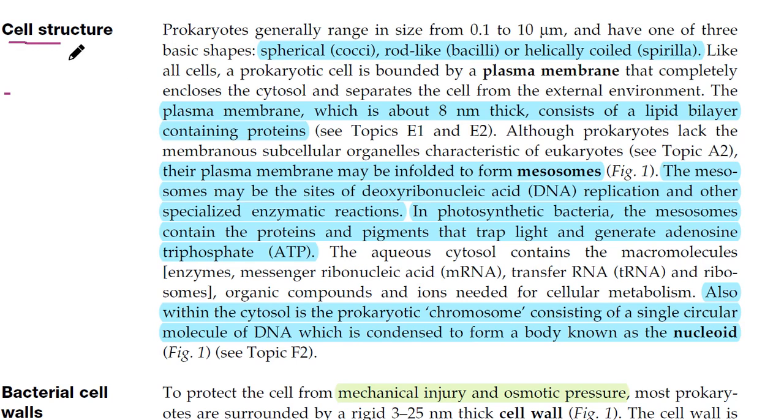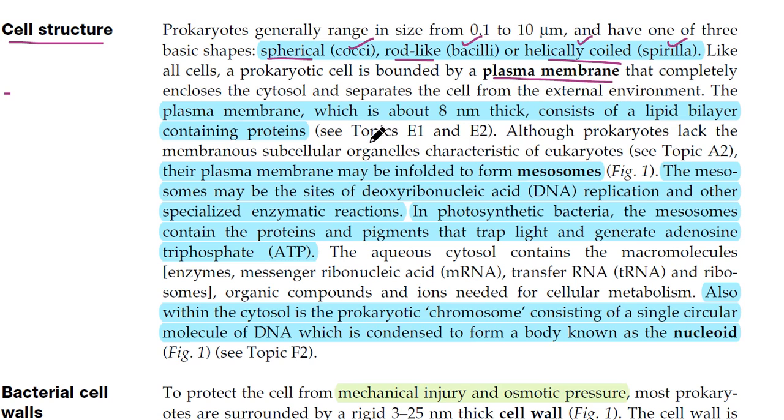Now coming to the next part, which is cell structure. Bacteria exist in several shapes: spherical, rod-like or helically coiled. Spherical are cocci, rod-like are bacilli, and helical are spirilla. Most of the time it is asked in MCQs which bacteria are helically coiled. They are spirilla. As we discussed, all bacteria are surrounded by a plasma membrane, but they lack